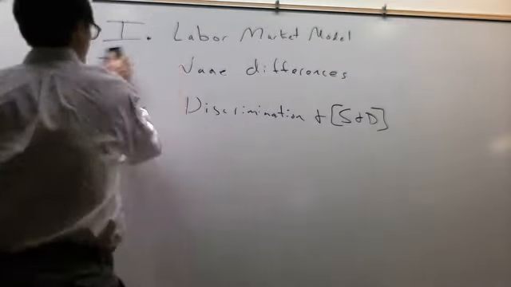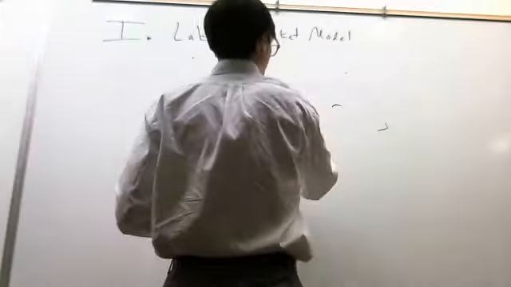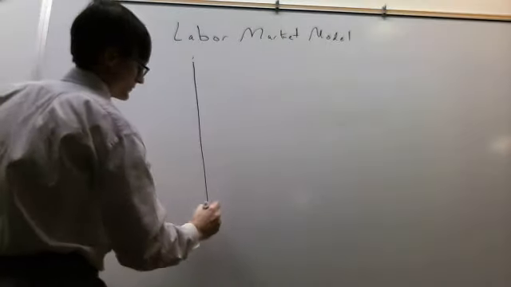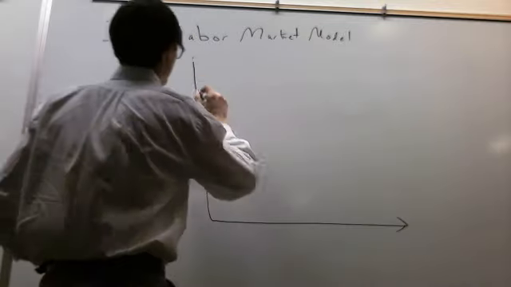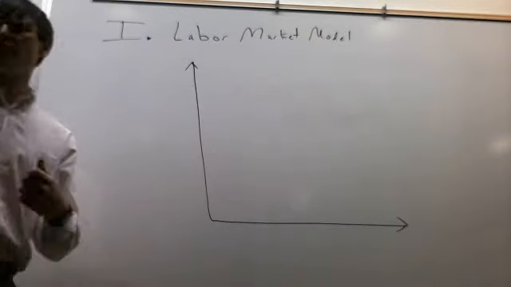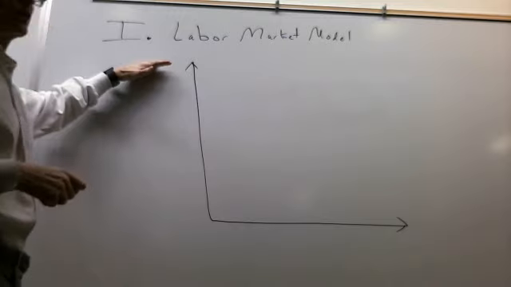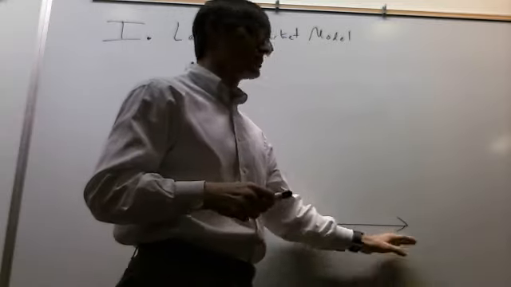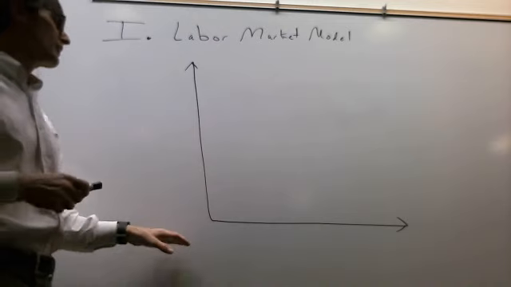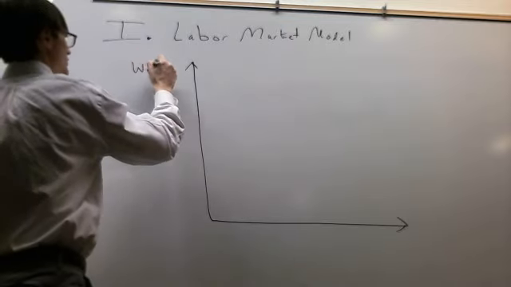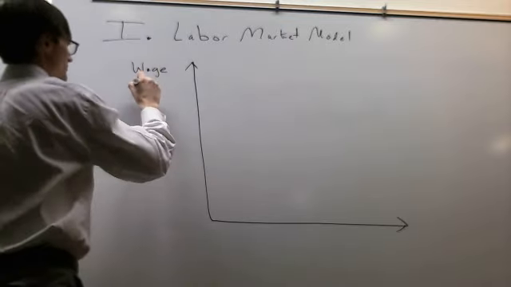So the first thing is just setting up this model of the labor market. It's going to be very similar to what we've seen before with the goods market, where on the y-axis, we're going to have some sort of price. On the x-axis, we're going to have a measure of quantity. So what is the price of labor, of workers? Wage. The wage rate, right. So we're going to have the wage on the y-axis,